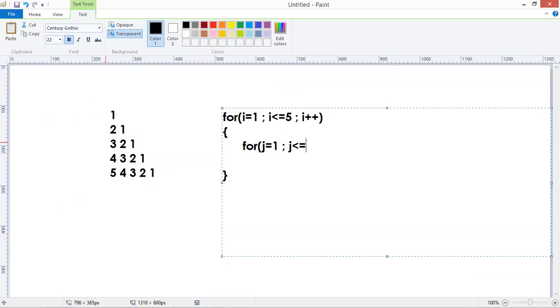So for j value starts with i, j is greater than or equal to 1, j minus minus, it is decreasing order. Why decreasing order? Because 5 4 3 2 1, 4 3 2 1, 3 2 1, right? Just print that j value.